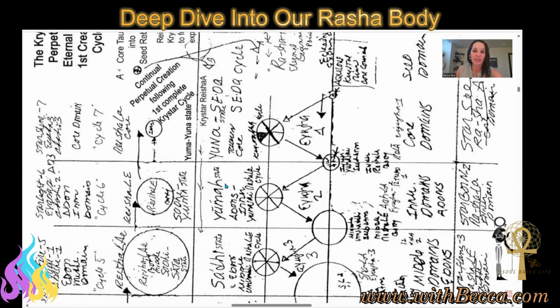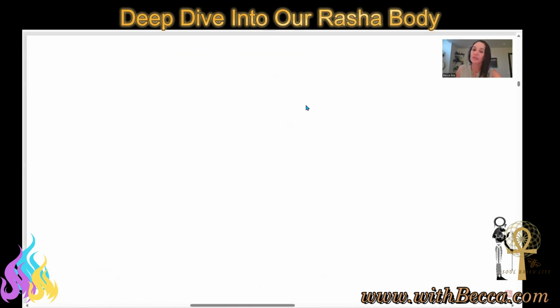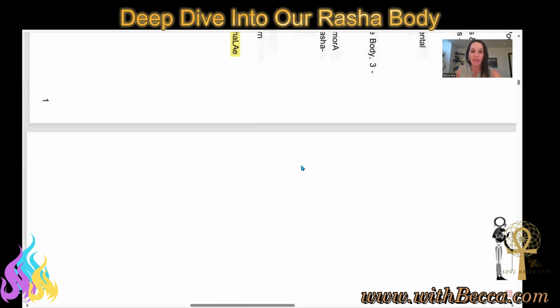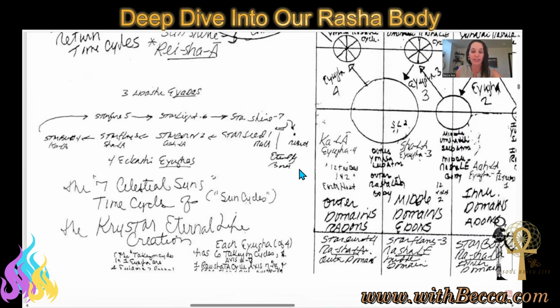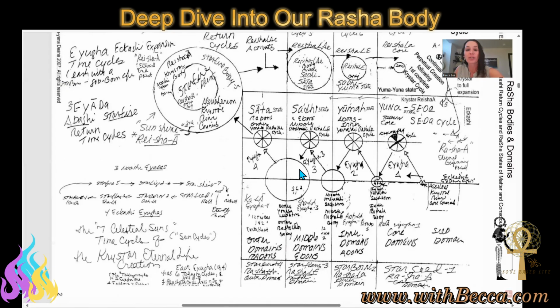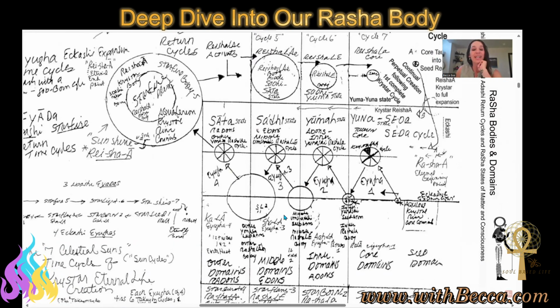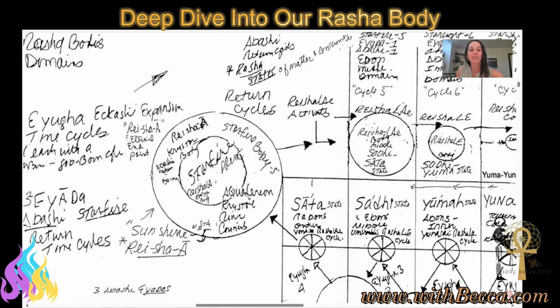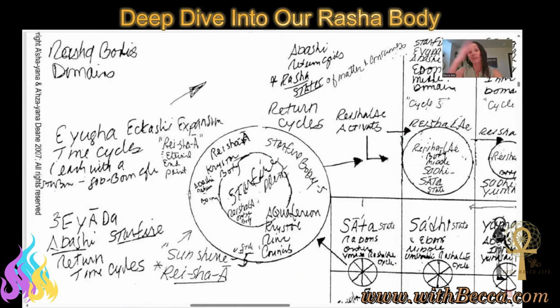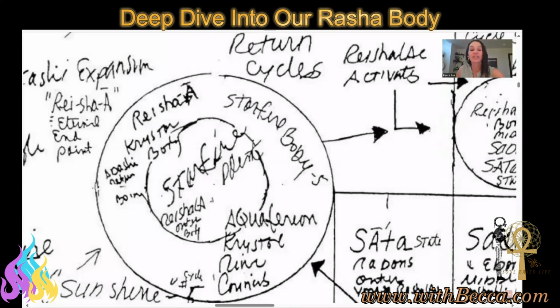And I'm gonna actually flip this image. This is really rough, and I apologize, you guys. I wasn't able to find a cleaner chart for this for you guys to see, but you'll get the idea. And it's also kind of neat to see Ashiana's handwriting as she's gone through this work. This is her initial chart work that she does as she goes through these processes and gets the downloads.